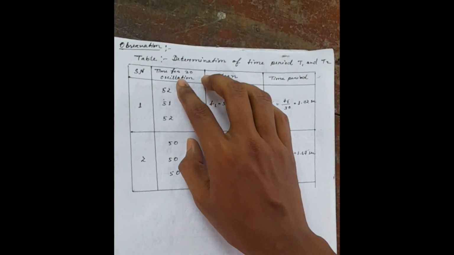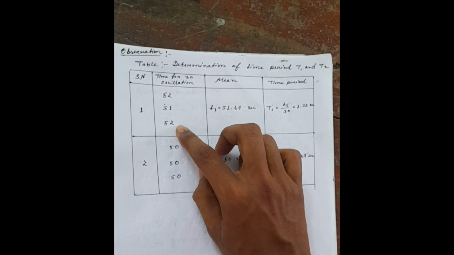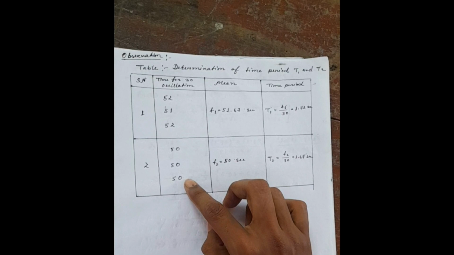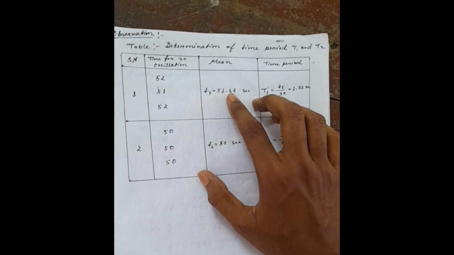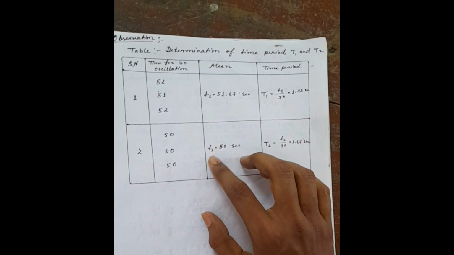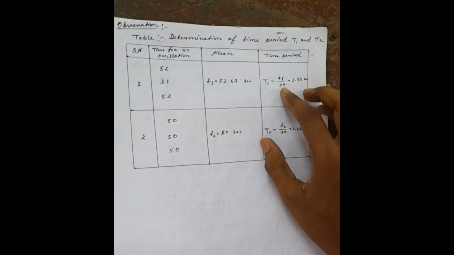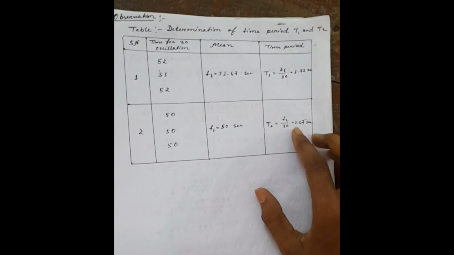Here in the observations, we took three readings for T1: 52 seconds, 51 seconds and 52 seconds. And for T2, we found 50 seconds, 50 seconds and 50 seconds. The mean for T1 is 51.67 seconds and the mean for T2 is 50 seconds. The time period for T1, that is T1 by 30, equals 1.72 seconds, and the time period for T2 is